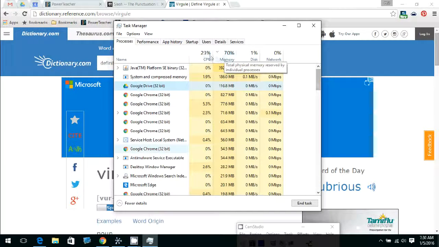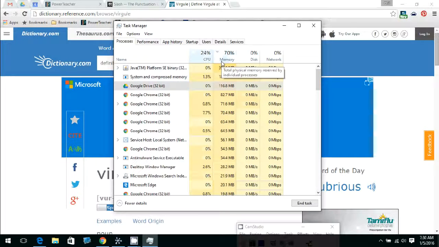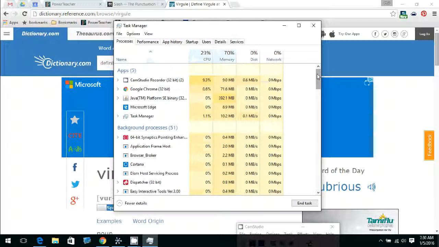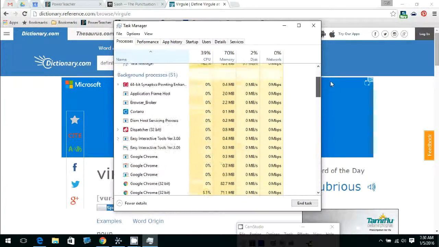And these things change, so I can continue to sort by these columns to get a sense of how the programs are changing, if they're growing in their use of memory or CPU. And again, I can go back and sort things alphabetically as well. This gives me a sense of what's running